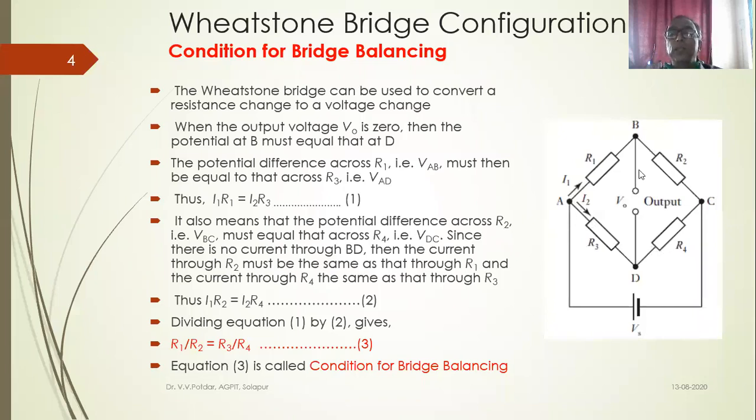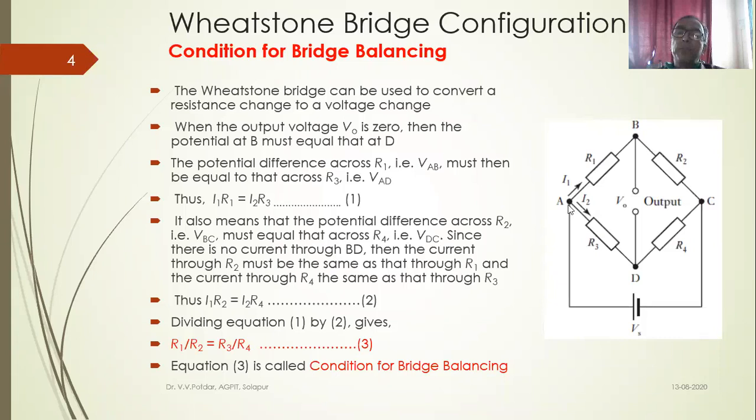Don't miss out on the sequence because the expression is based on this type of representation. No harm in writing this as R2, writing this as R3, this as R2. No problem. But accordingly, we have to derive the expression. Now, this expression is derived by considering R1 here, R2 here, R3 here, and R4.